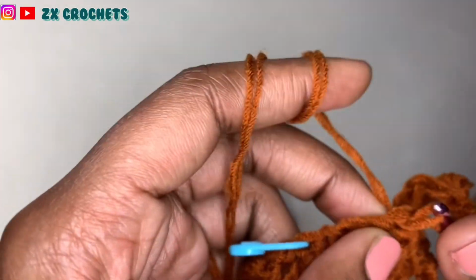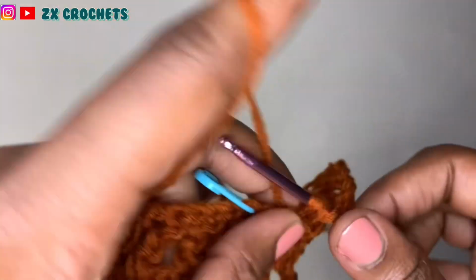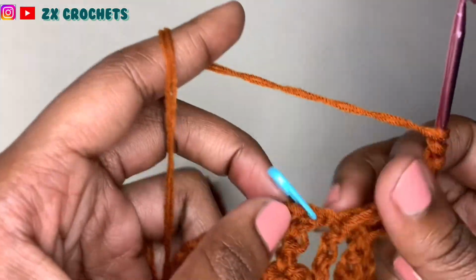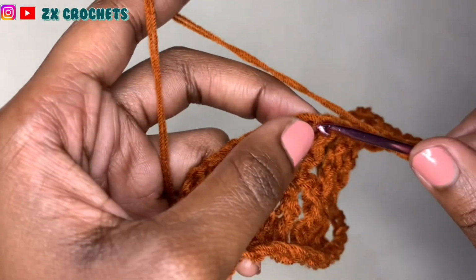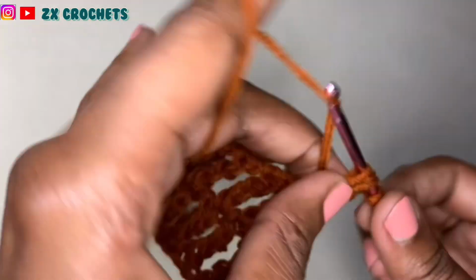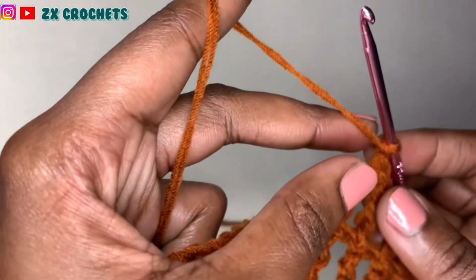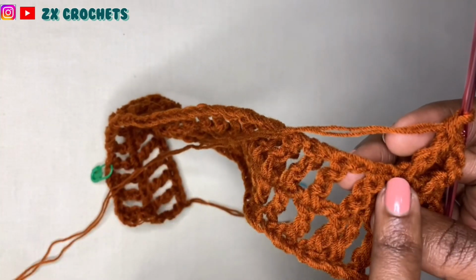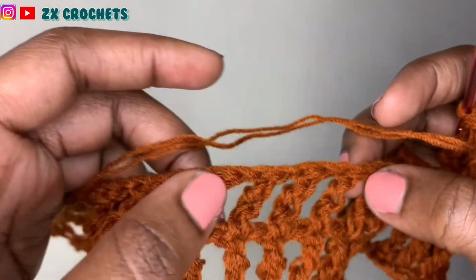Here I am, I'm finishing off the 4 boxes, and after finishing off the 4 boxes, or however many boxes you have decided to come up with, just make sure that your neck is going to go through whichever space you've left. That is really important. So take off your stitch marker, go on top of that treble crochet. Remember, you're working on top of treble crochets only, except at the end of the row where we work into the previous chain. So after that, I'm going to count from this point up to the other point,